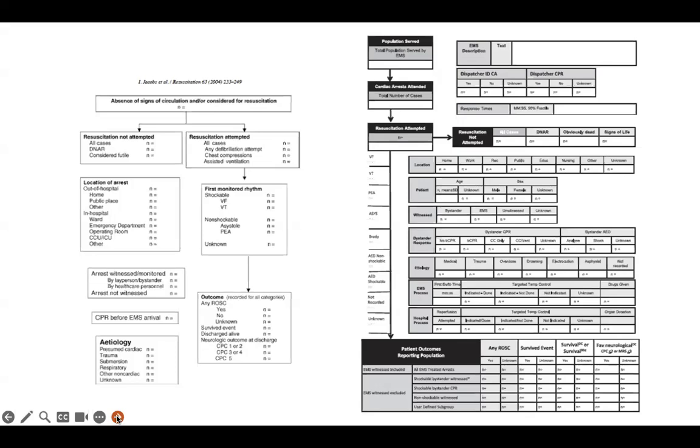And so we had a very deep discussion about what this could look like. And the focus was to try and simplify this by providing the core characteristics and outcome variables as part of the Utstein template or flowcharts. And as we have done previously with the Utstein templates that are focused both on system effectiveness and system efficacy, we aim to achieve exactly the same thing, but in a much more simplified version.